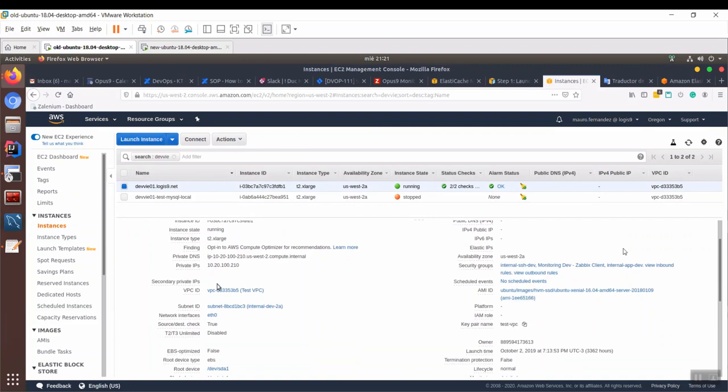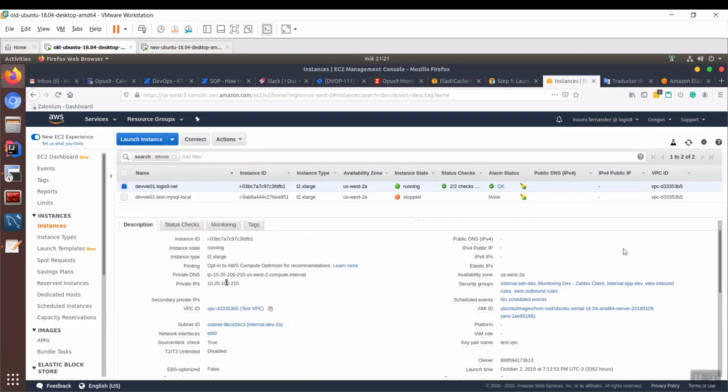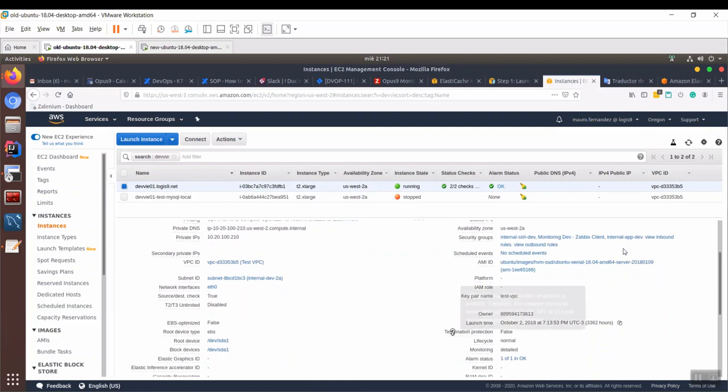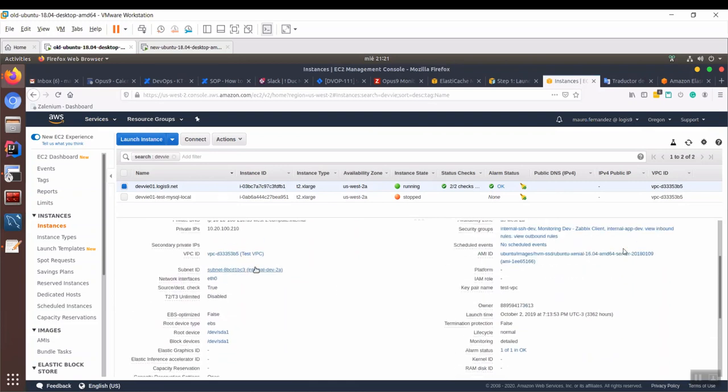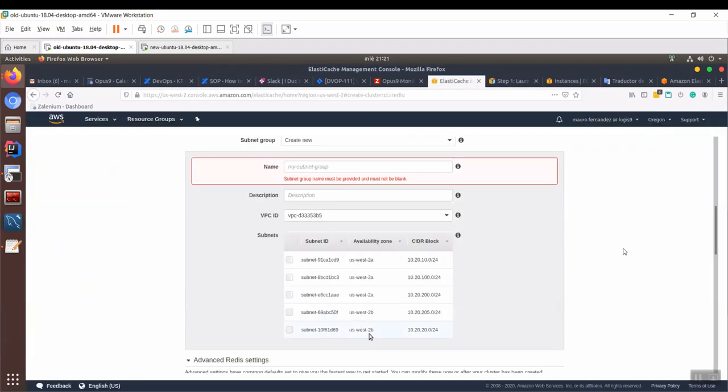Okay, this VPC 3B5. This is the VPC of Dev, and the subnet is 10.20.100. Security group, availability zone, here, subnet ID, 1BC3. So let's go here, 1BC3, and done.